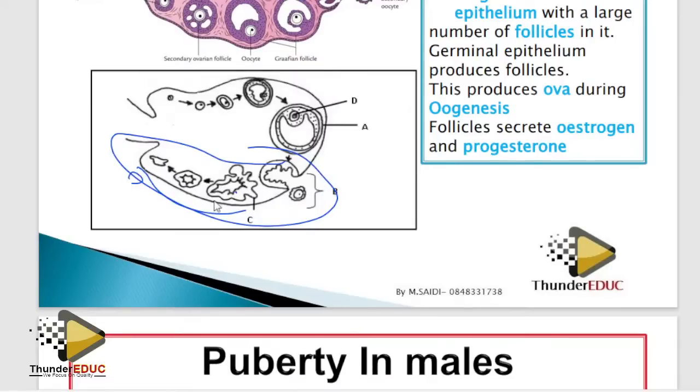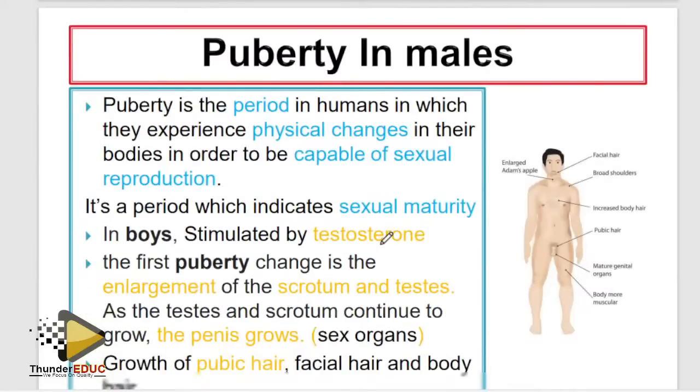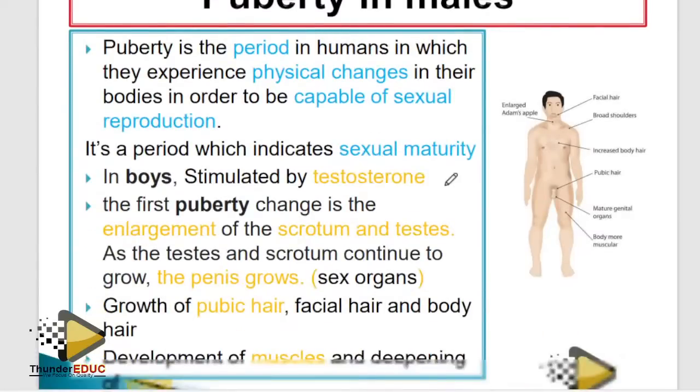So, you see what it means? It shows that it is degenerating. So, it means that the corpus luteum is degenerating. Therefore, fertilization did not take place, because now this corpus luteum is going to produce less progesterone, and once less progesterone is produced, then follicle stimulating hormone is going to be released. Done.